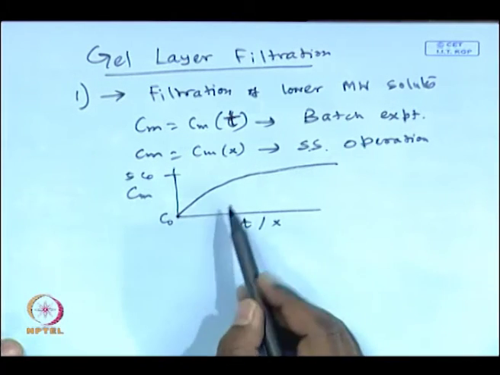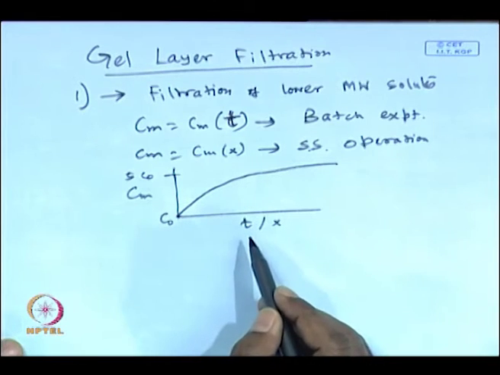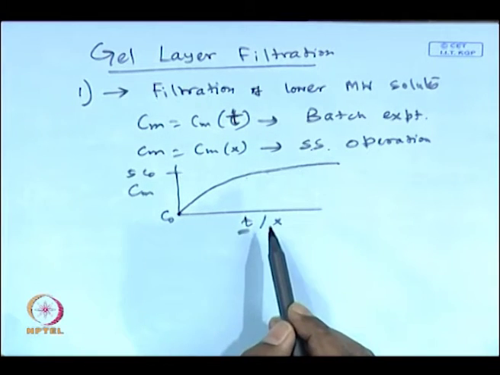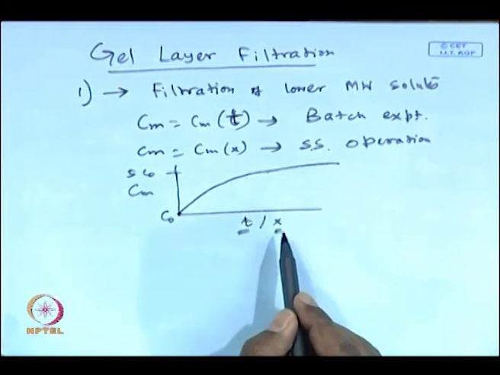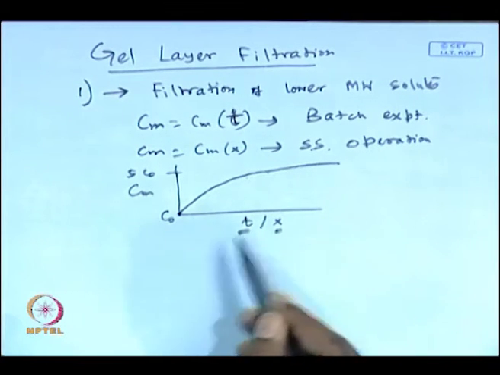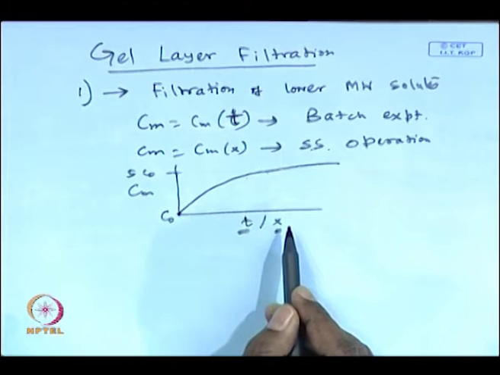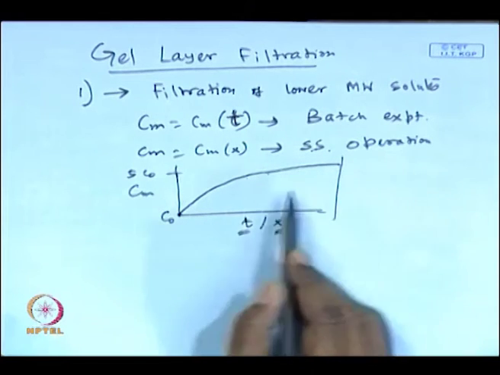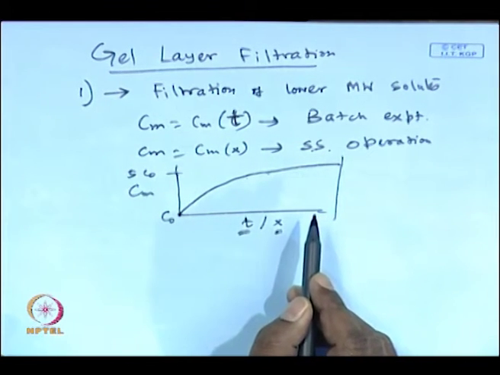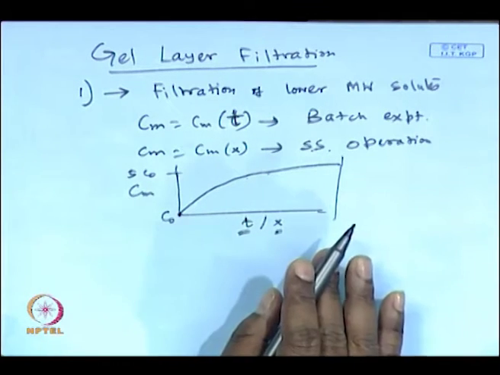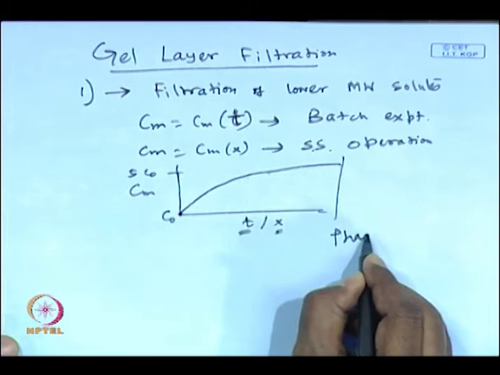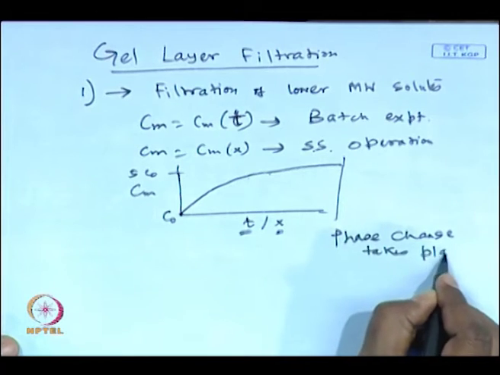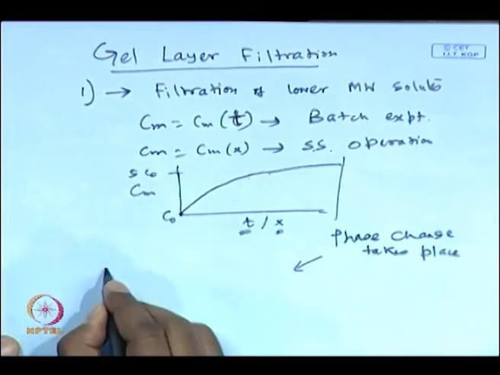Now, what happens if you are talking about a system which is basically osmotic pressure controlled? Initially, the membrane surface concentration increases with time for a batch system, or increases with respect to x in a steady state cross flow system, and it may happen that at that particular temperature it exceeds the solubility limit. If it exceeds the solubility limit, from that point onwards the solute particles will be deposited as solid particles over the membrane surface, because the phase transformation will occur. Okay. So, there may be a phase change that takes place. That means you are exceeding the solubility limit.